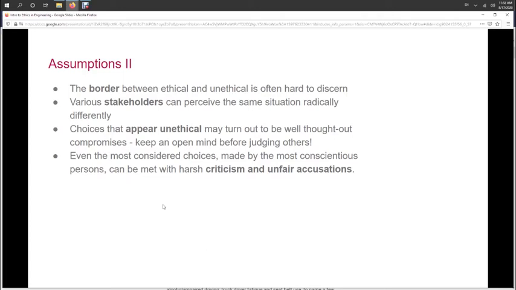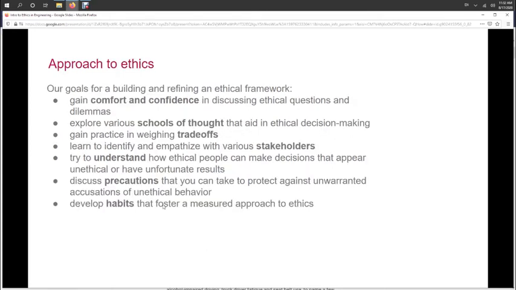Personally, I think this is an important aspect of ethics, especially for students and for you as you enter the workforce. In my opinion, it's not enough simply to do the right thing, but I think it's important that people know you're doing the right thing. And I think it's important for you to take precautions to guard against unfair accusations. Being unfairly accused of some type of unethical behavior could be devastating to your career, to you personally. So we want to avoid that. And we can avoid it by taking some simple precautions, which we'll talk about.